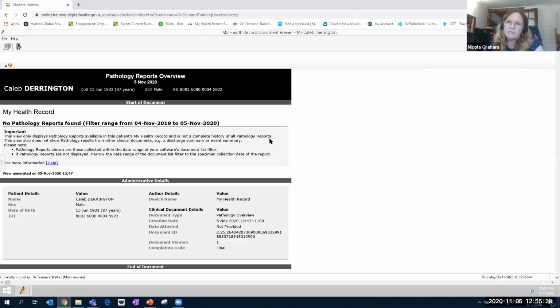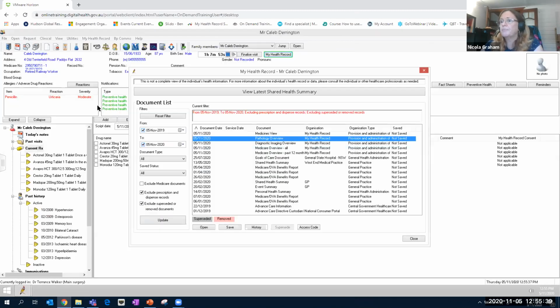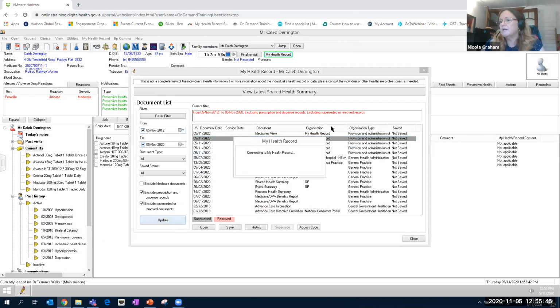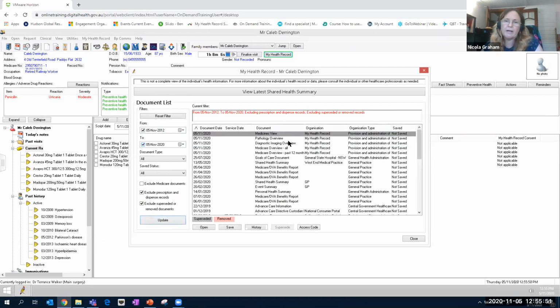So if the provider's connected and uploading pathology, then you may find that information in here. I'm just going to expand my search. So this is 2019. Remember I said this is dummy data. I'll just update that. Now, if you're looking for any type of pathology, histology, and you know the provider that